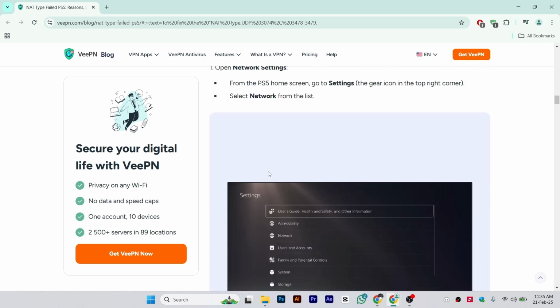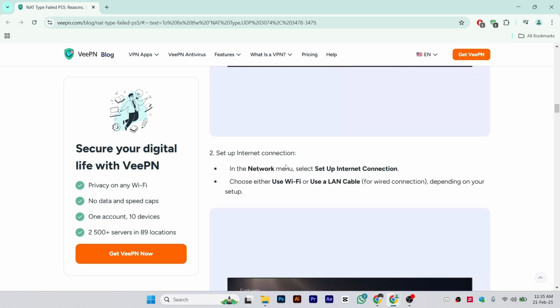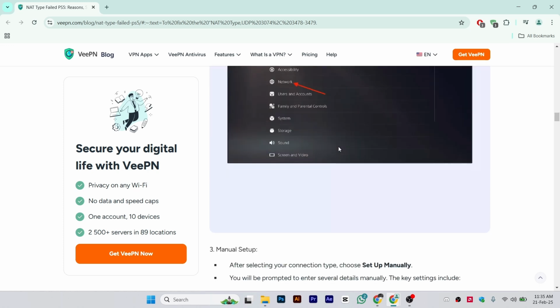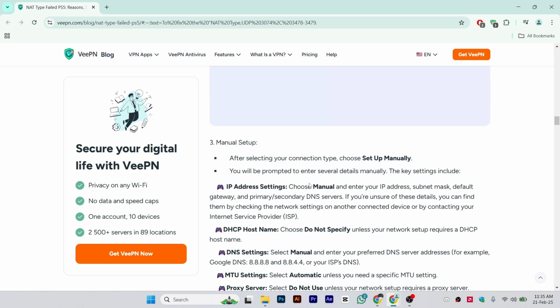You will find an option called Network in your settings, and under Network Settings, just click on this Network option, and after that, Set Up Internet Connection. As you can see in the pictures, in the network menu, select Set Up Internet Connection and choose Wi-Fi or cable, whichever your connection is. After that you will see manual setup, so click Set Up Manually, then IP address setting, and choose Manual and